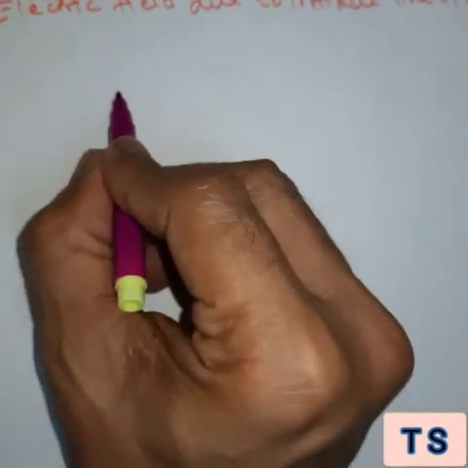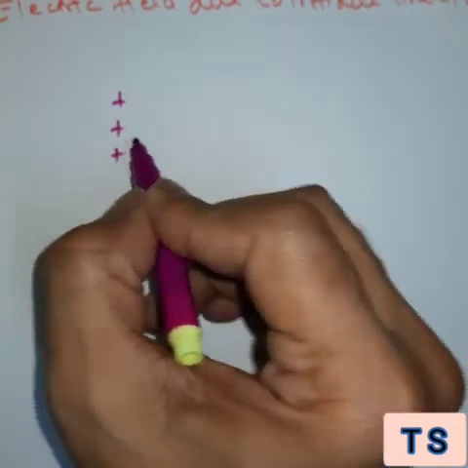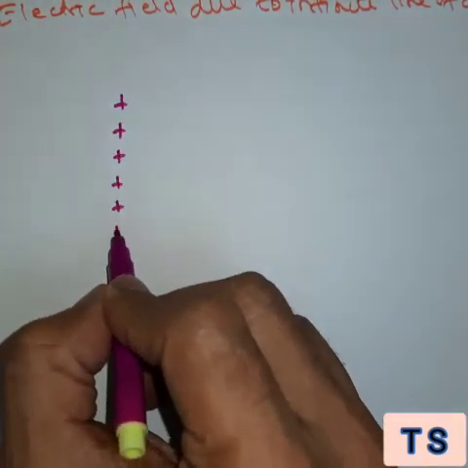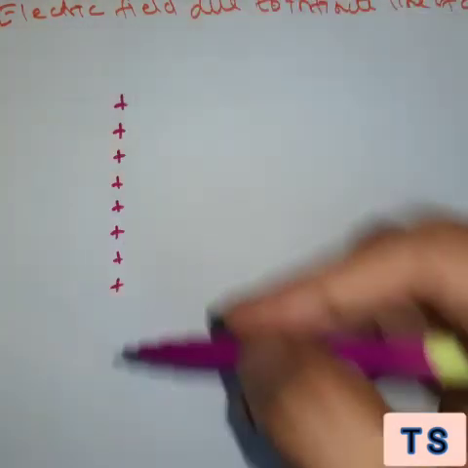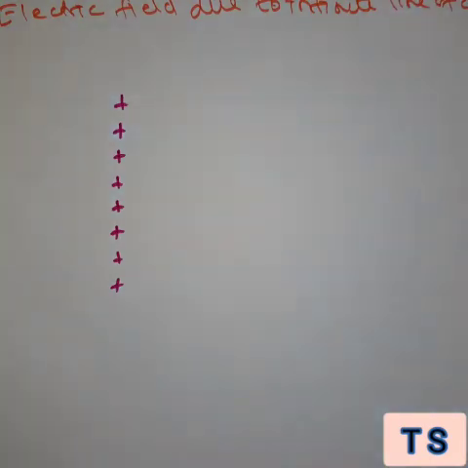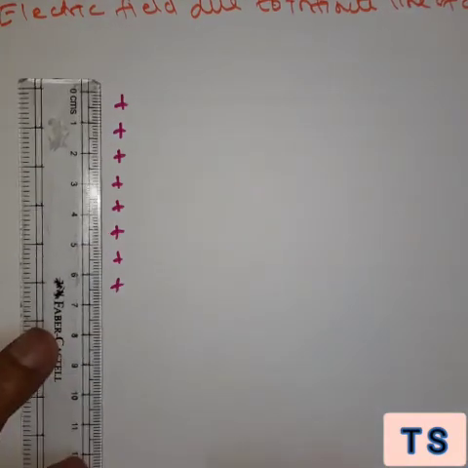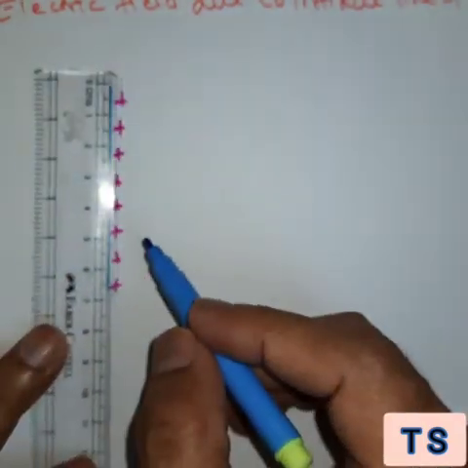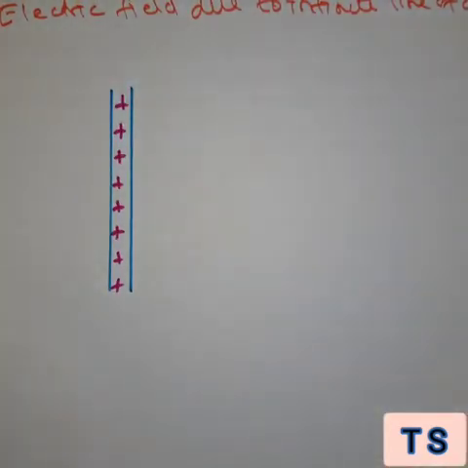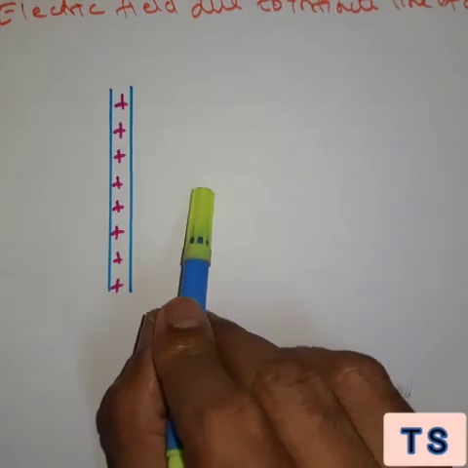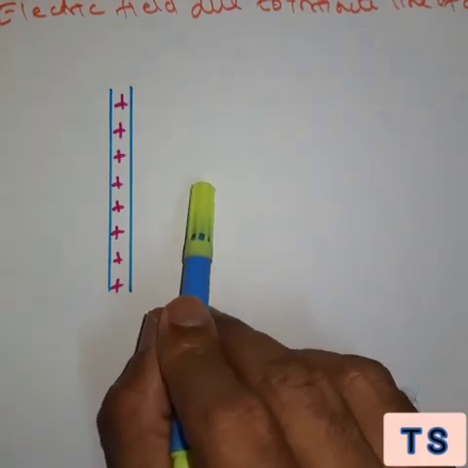How can we draw the diagram? Let's say that I have these charges which are infinite line of charges. I'll just show you a few charges, and let's say that they are infinite. Let's extend it on both the sides. Such charges, if I show them in the form of lines, would look something like this. So I have infinite line of charges, and we have to find the electric field intensity due to these charges. Let's say that there is some point P somewhere here, and we have to find the electric field intensity due to the infinite line of charges.